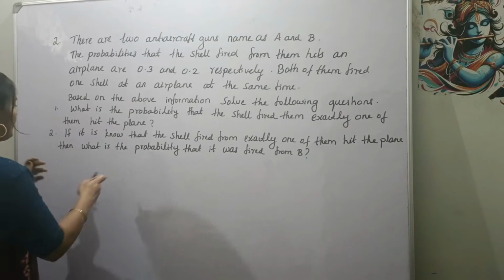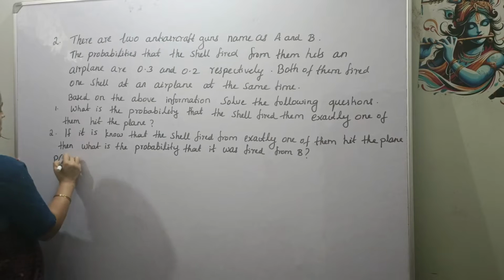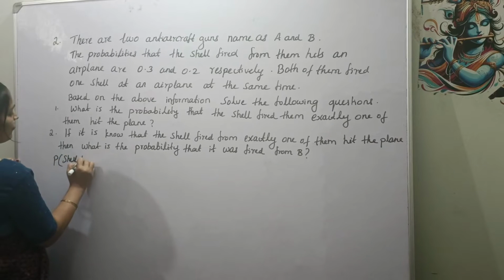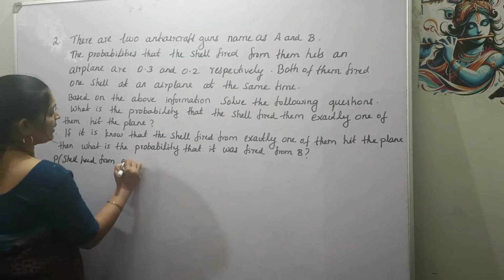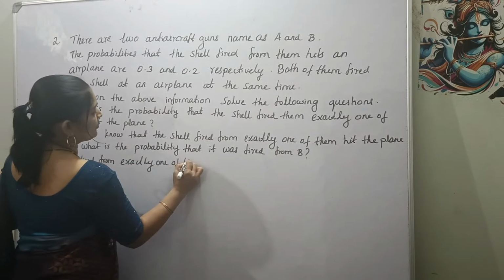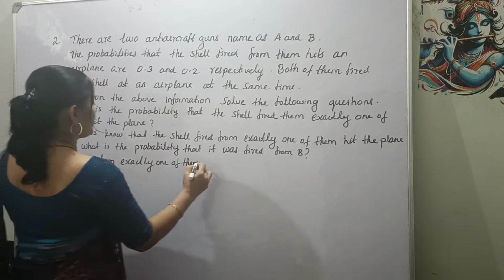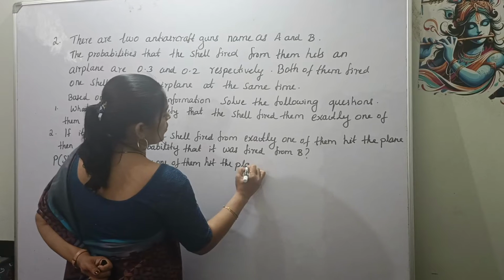So here we can write the probability of shell fired from exactly one of them hit the plane is equal to